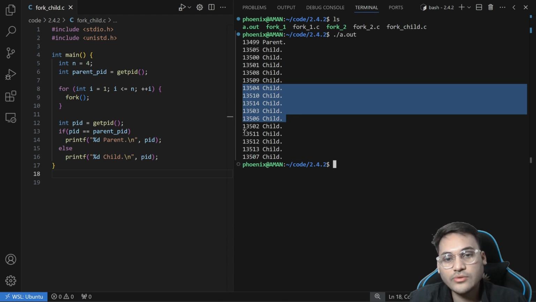All the PIDs that you see here, they are unique. None of these PIDs are same. It goes up till 13,514, right? You can verify. The parent process ID is 13,499 and new processes are created and the PIDs go up till 13,540, right? So this verifies what we just saw, that if we have this fork system call and if it